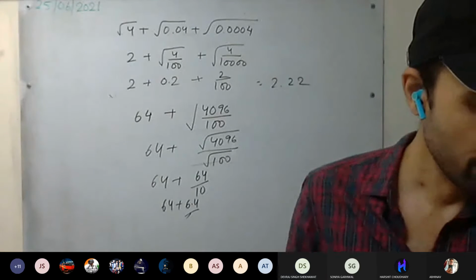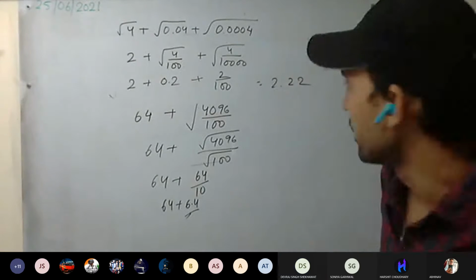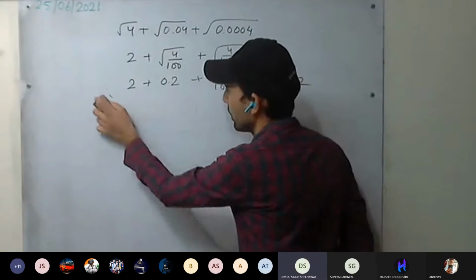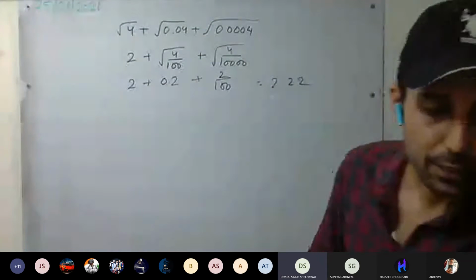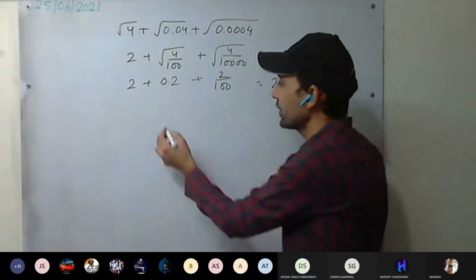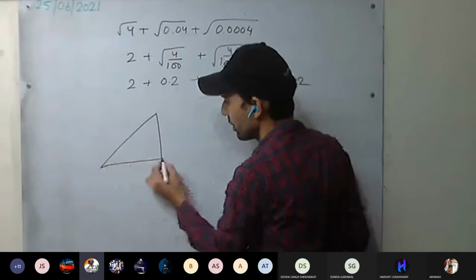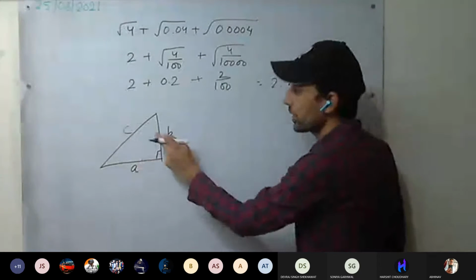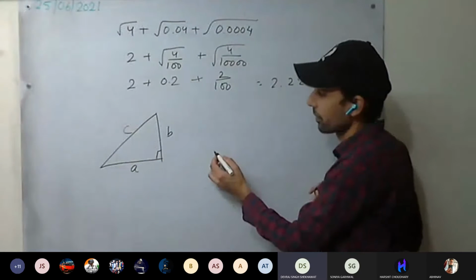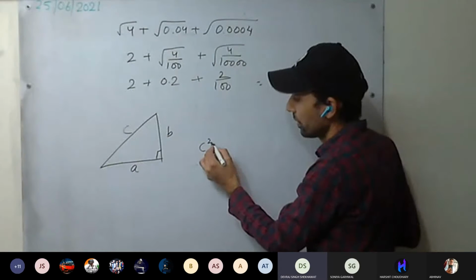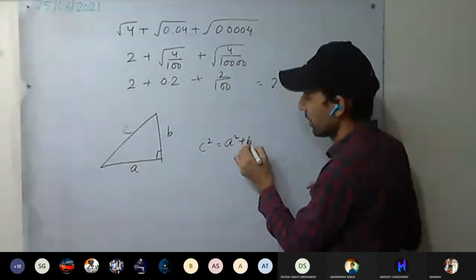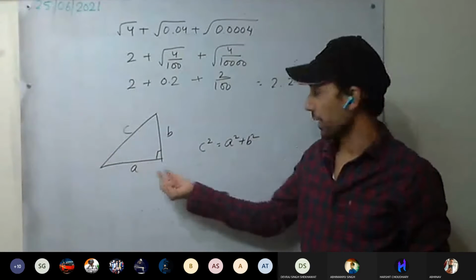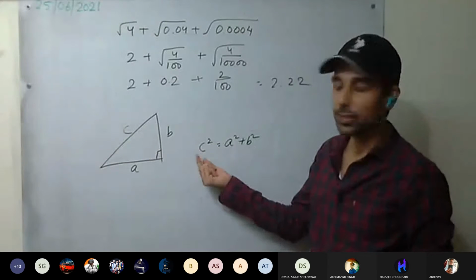Yes, sir. Okay. Next one, 3, 4, dash are a Pythagorean triplet. Triplet or triple? Sir, 3, 4 and 5. So what do you mean by Pythagorean triplet? See, you have seen the right angle triangle. If this is A side, B side, C side, this is 90 degrees. How these three are related? A square plus B square is equal to C square. Hypotenuse square equal to sum of the squares of the sides. This is Pythagoras theorem.